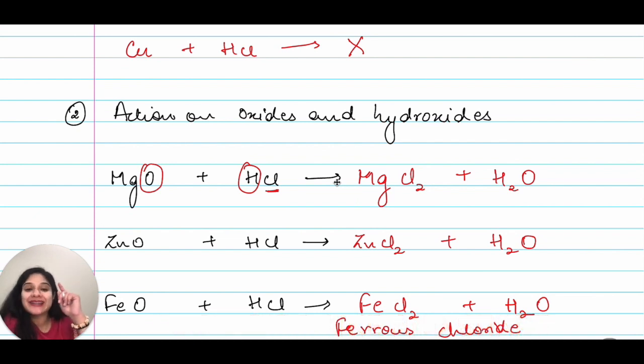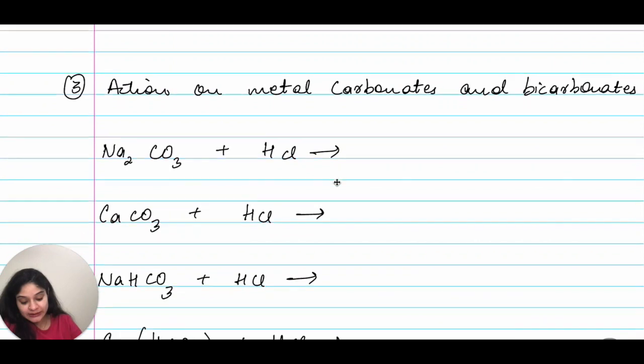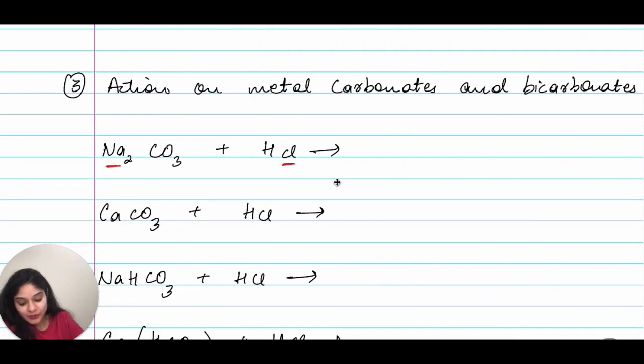So we were getting metal chloride, and along with that hydrogen was combining with oxygen to give us water. Now let's look at this one. In this case, once the metal combines with chlorine, you are left with hydrogen and you are left with CO3. So what would happen in this case? You'll get water as well as you'll get carbon dioxide gas. So you don't have to learn the equations, just understand the pattern of hydrochloric acid, how it reacts with different